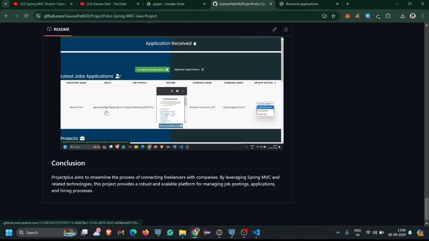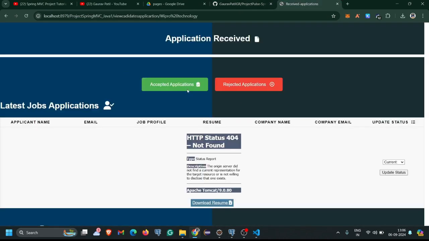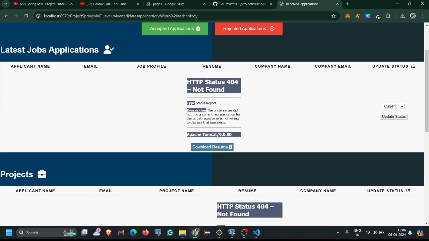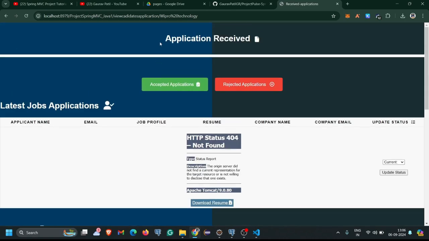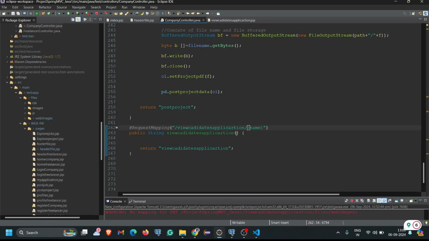Here you can see in the GitHub repository what kind of things we have to show here. Those candidates who apply for that particular job posted by a company, those candidates who apply for that particular project, that application we have to show here. Okay, so for that we have to again come to our controller, and here we have to mention here path